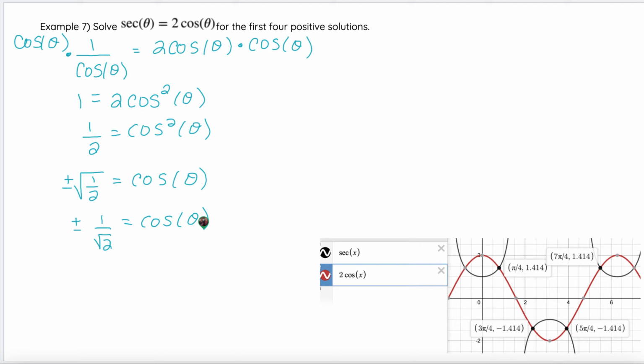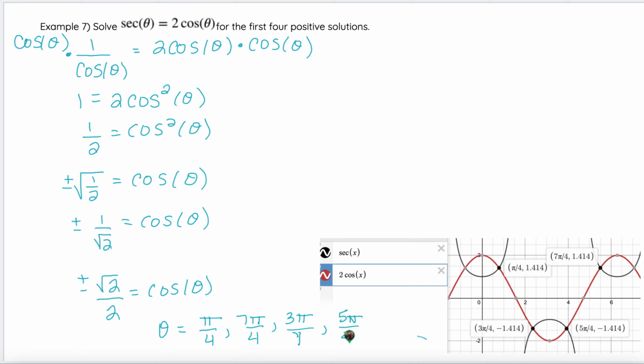However, in order to find the solutions on our unit circle, we have them written where our denominator is rationalized. Rationalizing the denominator will provide us with square root 2 over 2. So where on our unit circle is cosine equal to plus or minus square root of 2 over 2? There are 4 locations, one in each quadrant. We have pi over 4, 7 pi over 4 for the positives, 3 pi over 4, and 5 pi over 4